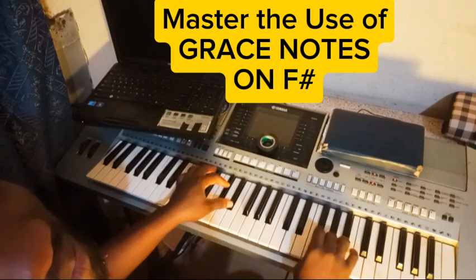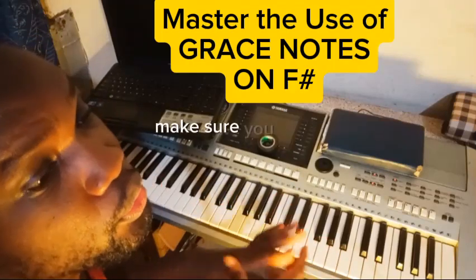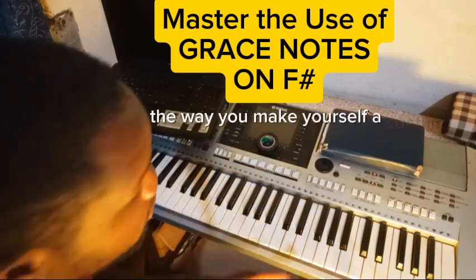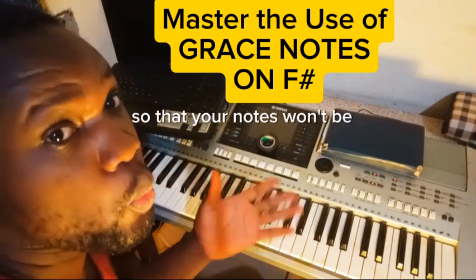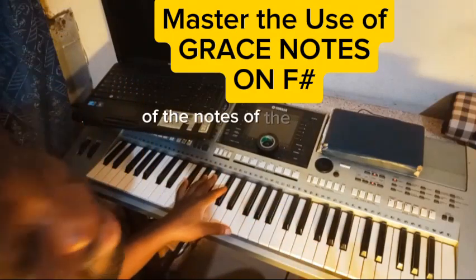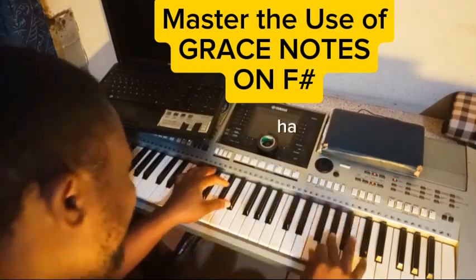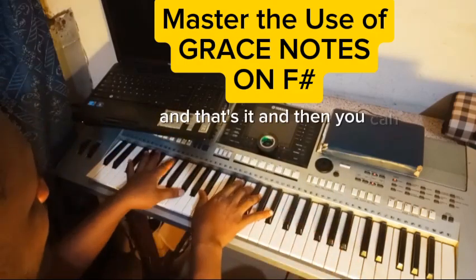Okay. And one thing, when you are doing your grace note, make sure you have a very good control of your pedal points. The way you make use of a sustained pedal, if you are making use of one, so that your note won't be washed away with the sustain of the notes with the help of the pedal. So, and that's it. And then you can have something like this